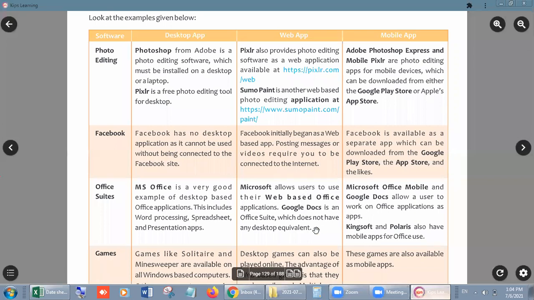You can include Open Office, which is the alternative to MS Office, as far as online applications and online work are concerned, right? So in both ways, as a web app or a mobile app, we can use MS Office Suites.